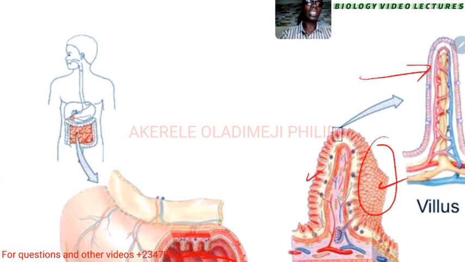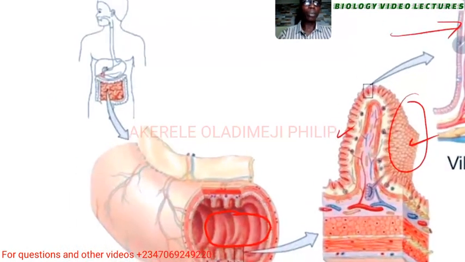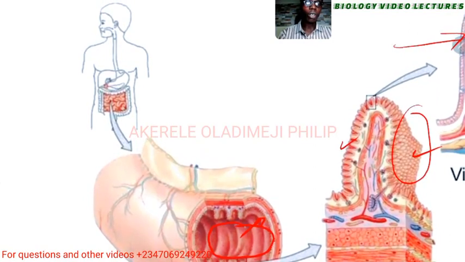So what is the significance? Well, they help to absorb. Imagine you have a towel that is used to absorb like that. So it goes into the bloodstream like that. It comes into the bloodstream.